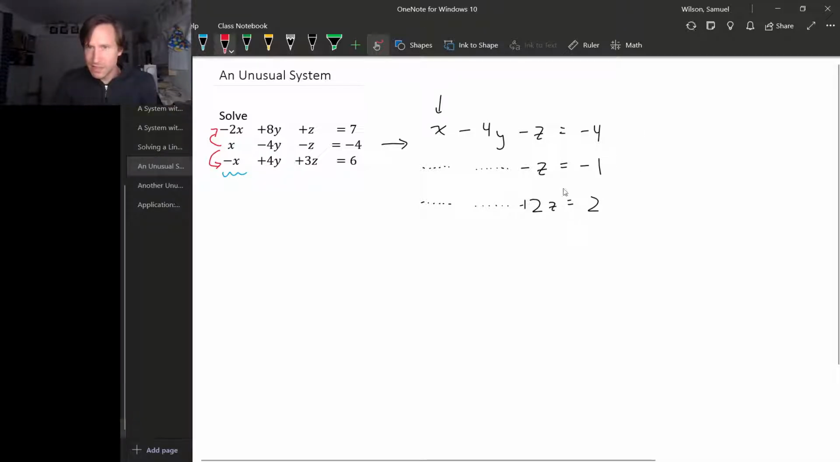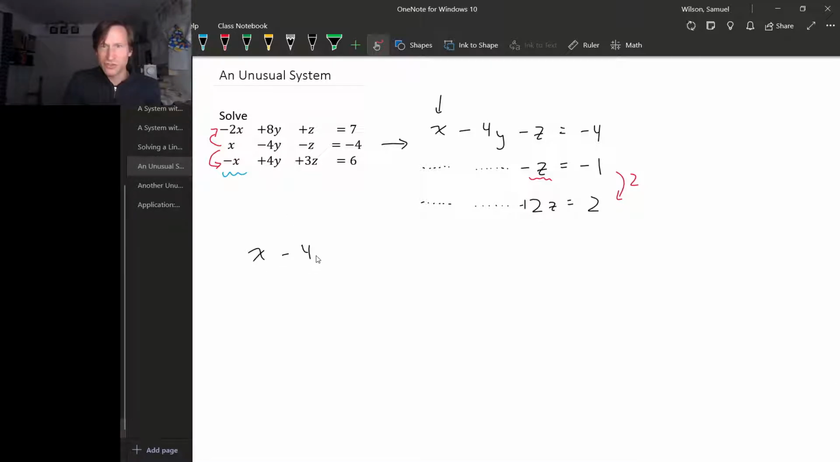So the next thing we need to do is use this z here to eliminate the z's below it. So now we can add twice the second equation to the third equation. So we get x minus 4y minus z equals minus 4, minus z equals minus 1. And when we add 2 times the second equation to the third equation, we get 0 equals 0. And then as a final touch, let's multiply this second equation by minus 1